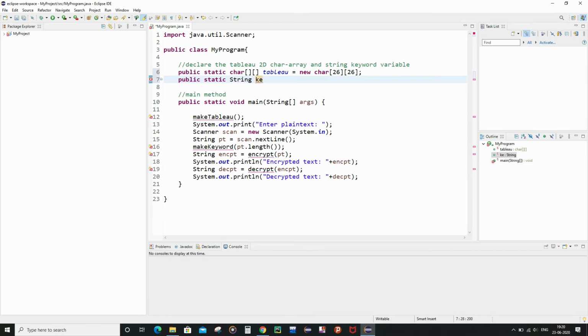Basically these two variables are global variables which can be accessed by any method which is inside the myProgram public class. As you all had already noticed, this string variable called keyword is actually an empty string.